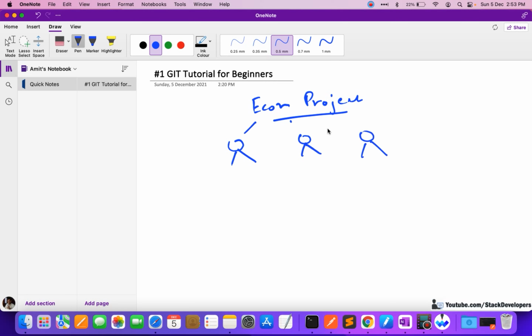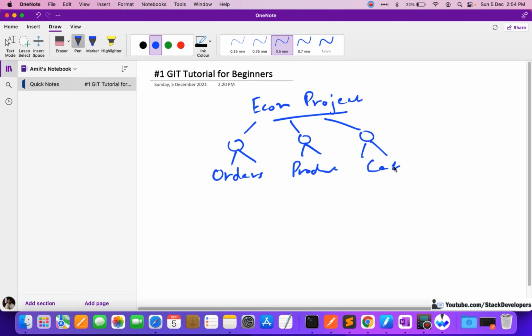All three persons are handling the same project. This person is required to work on the orders module, this person on the products module, and this person on the category module. So how is it going to work?